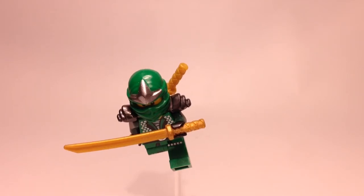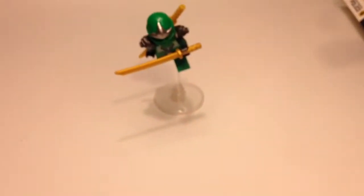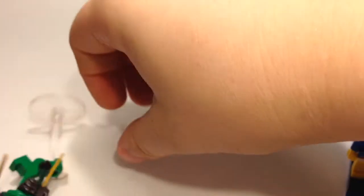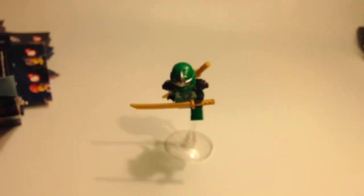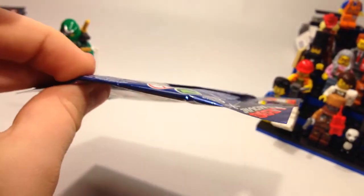And as you can see, the green ninja is jumping up in the air. I did this because the green ninja is actually in the Lego Movie, so I thought it was pretty cool to have him jumping in the air. So yeah, as you can see here, I have bought the Lego Movie minifigure series, and I did actually do